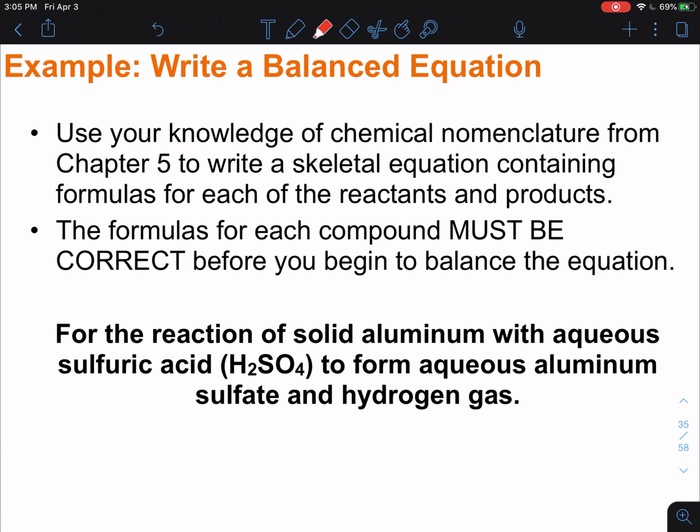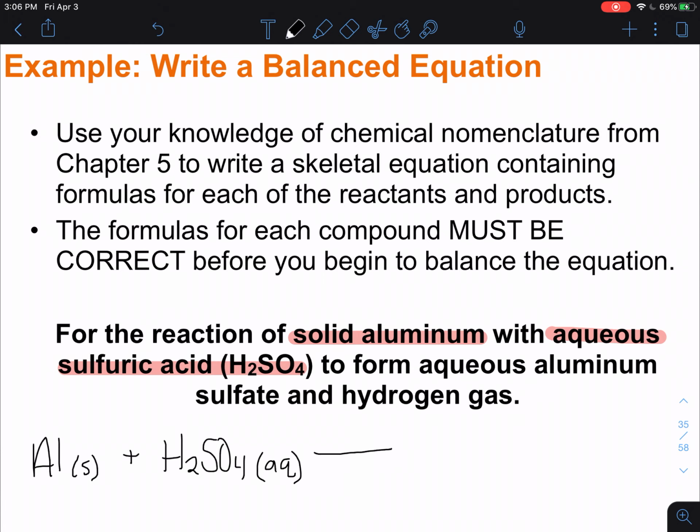So the first thing we're going to do is say solid aluminum, right? So for the solid aluminum, I'm going to write Al, subscript S, plus, and then you'll see this is aqueous sulfuric acid. Now I gave you sulfuric acid, the chemical formula, because we didn't go over acids in the previous chapter because we had a time issue. So there it is right there, and I'm writing subscript aqueous, and then to form, so that's your arrow,